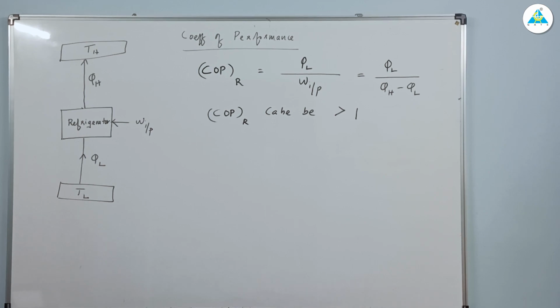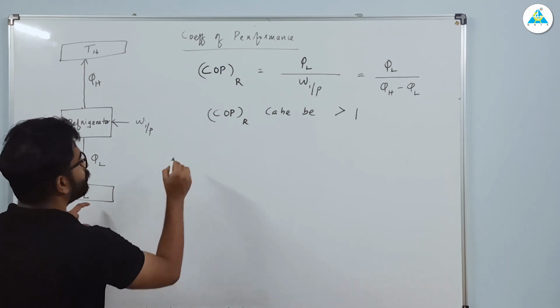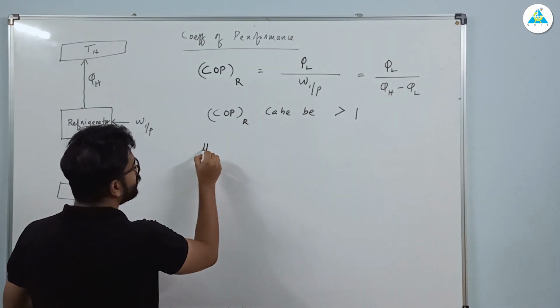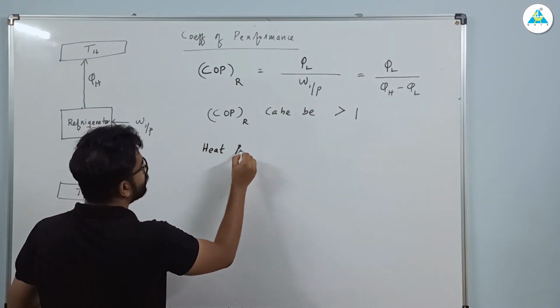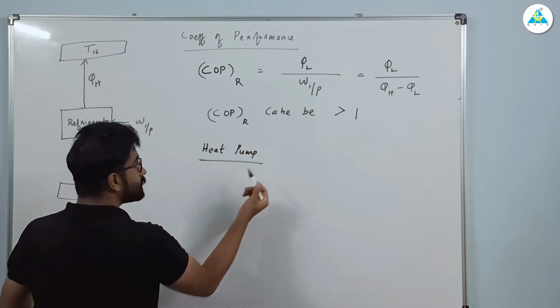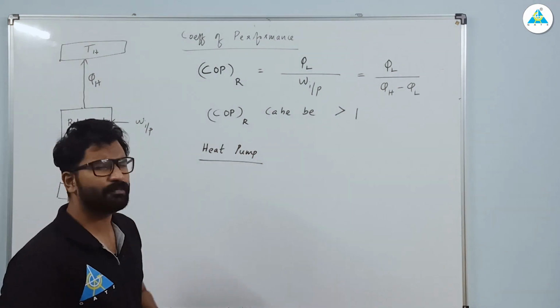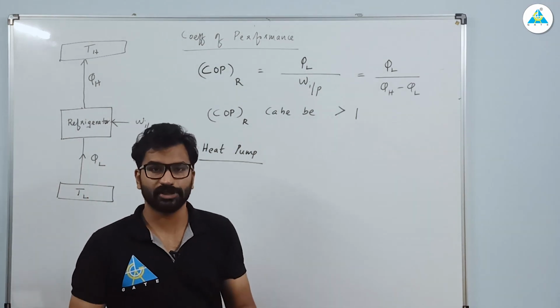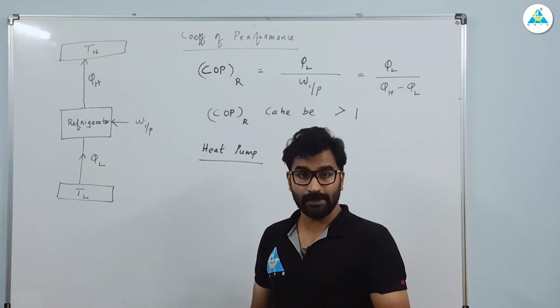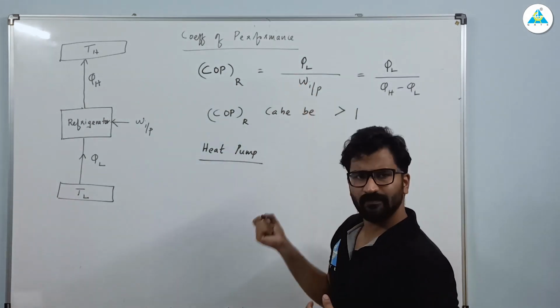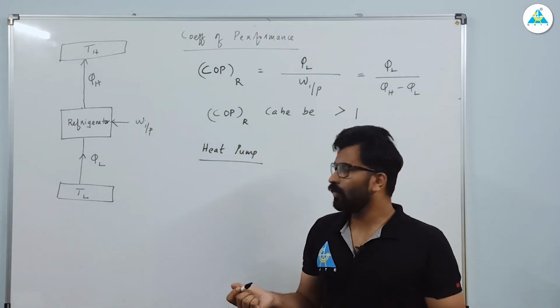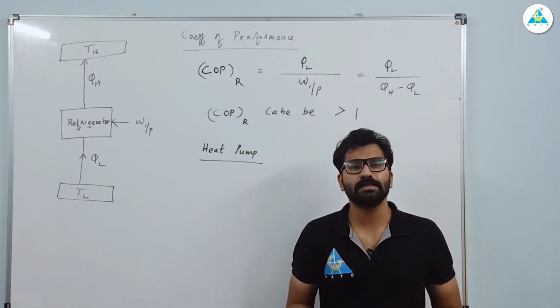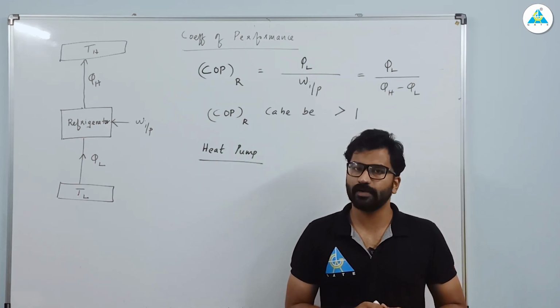Now we have another thing called heat pump. This is for refrigerator. We have a heat pump. Now the importance of heat pump, what is it? Like, what is the meaning of heat pump? Right? And before heat pump, let me introduce you to the air conditioner. Right? Our AC. So refrigerator and AC will have the same COP here. What is the difference between refrigerator and AC? What is the difference between the two? The main difference is what?